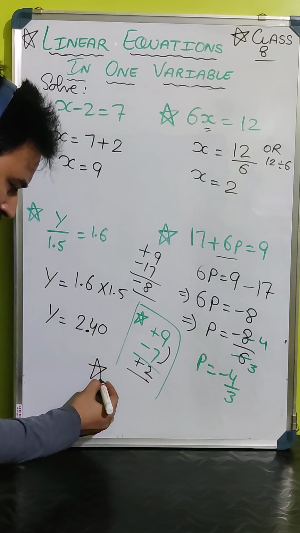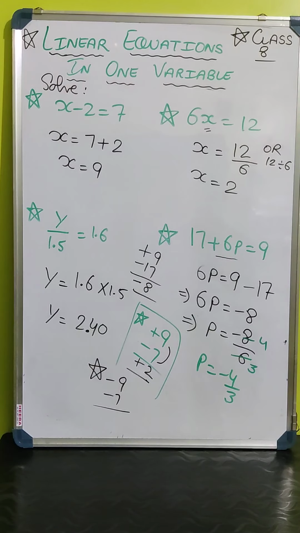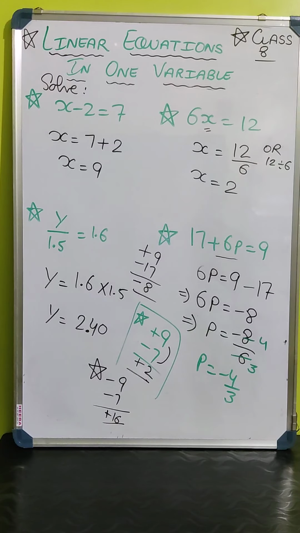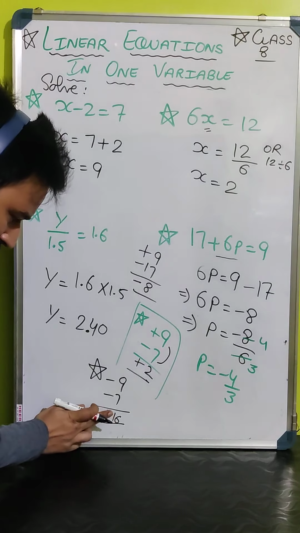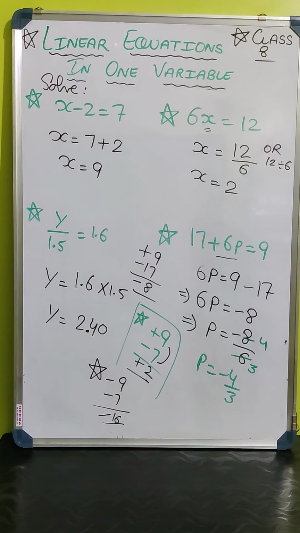And if you have minus 9 and minus 7, now you will apply minus minus plus, plus 16 is your answer. These rules are applicable only in multiplication, not in addition. So the answer is wrong. So you will write minus 9 and minus 7 will be minus 16. Understood everyone about the operations, how you have to apply them in the linear equation? Okay, so these are the simple and basic examples of the linear equation in one variable.